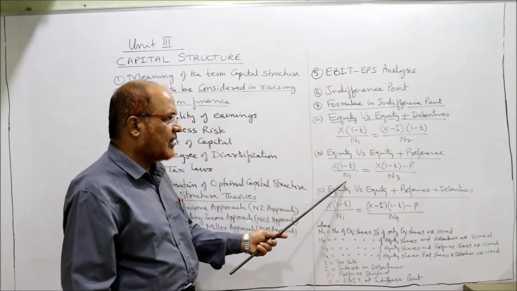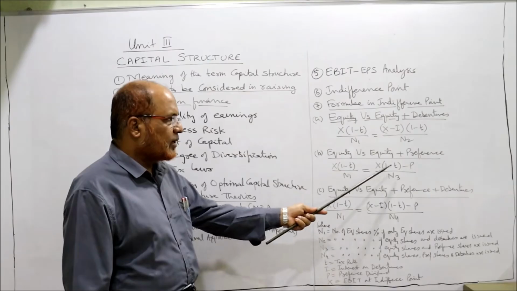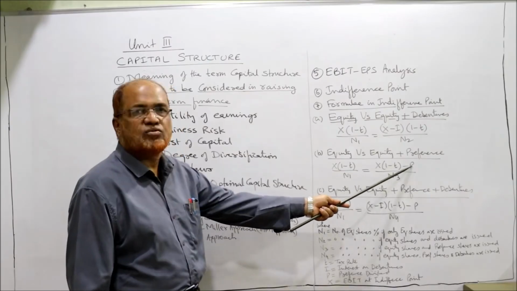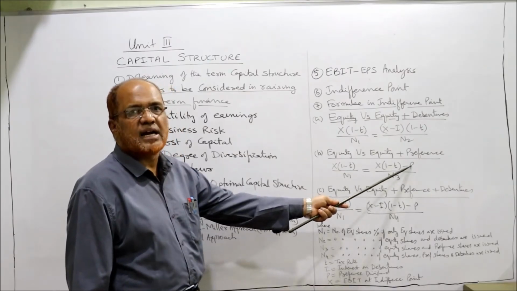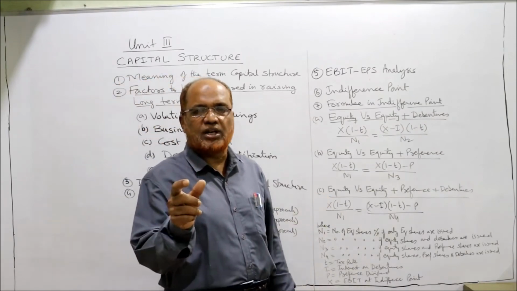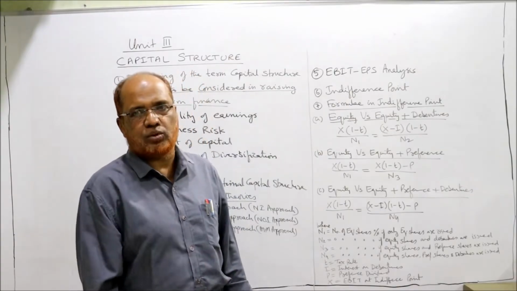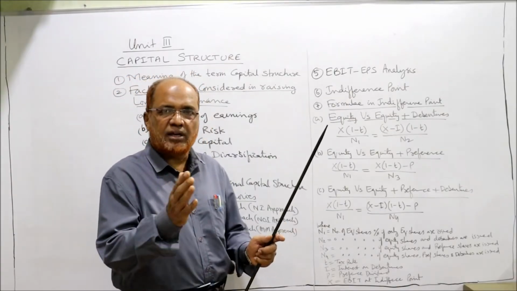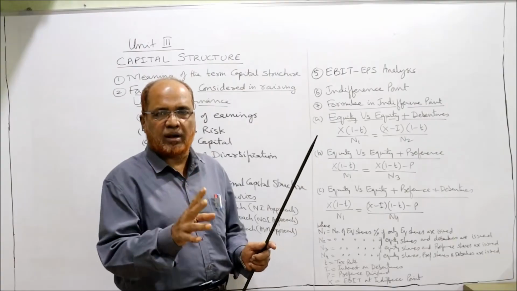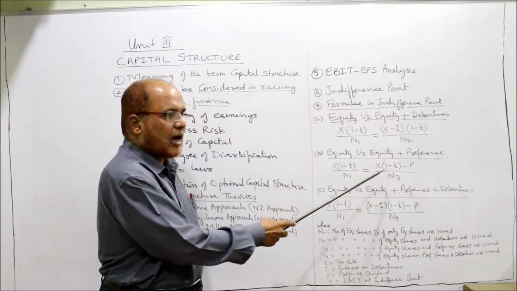T is tax rate, N1 is number of equity shares if only equity shares are issued। X मालूम करना है, T tax rate है, P stands for preference dividend, N3 stands for number of equity shares outstanding if equity share and preference share are issued। अगर कोई प्लान में इक्विटी शेयर और प्रेफरेंस शेयर दोनों भी इश्यू कर रहे हैं तो कितने इक्विटी शेयर्स हैं उसको N3 कहेंगे।